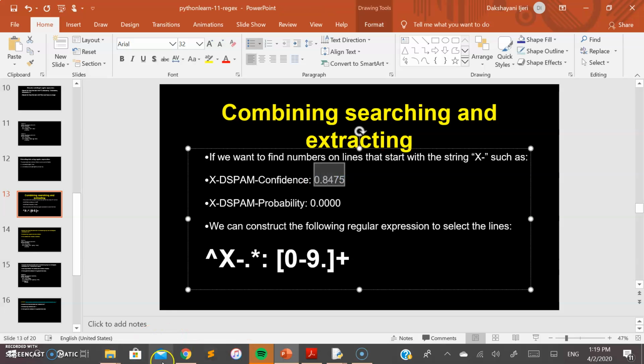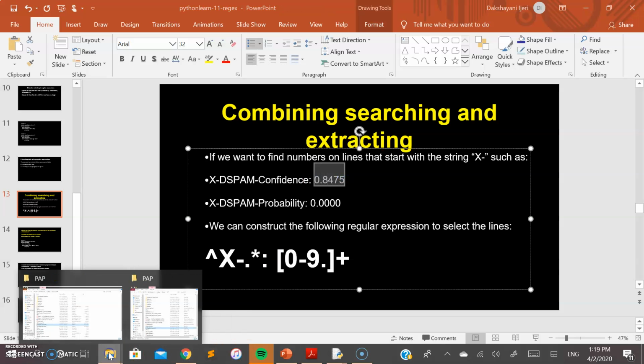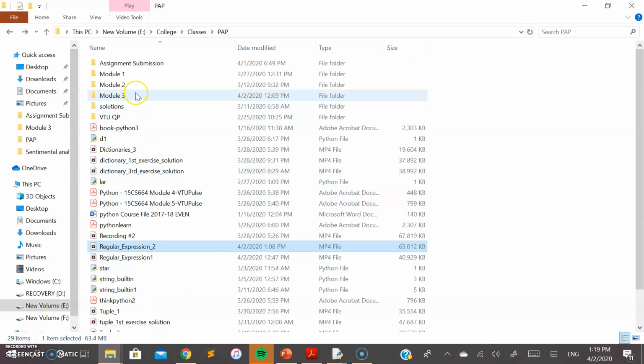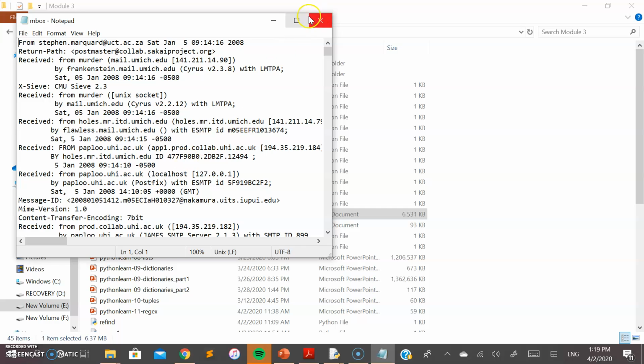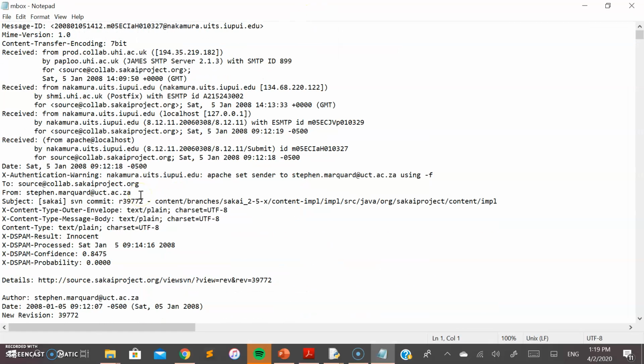So if you go through that file, you will come to know in which lines we are searching here. We are searching these lines, x followed by the hyphen, but it should have the numeric value, either a float or the values at the last. What we are interested in is only these numeric values at the last to be